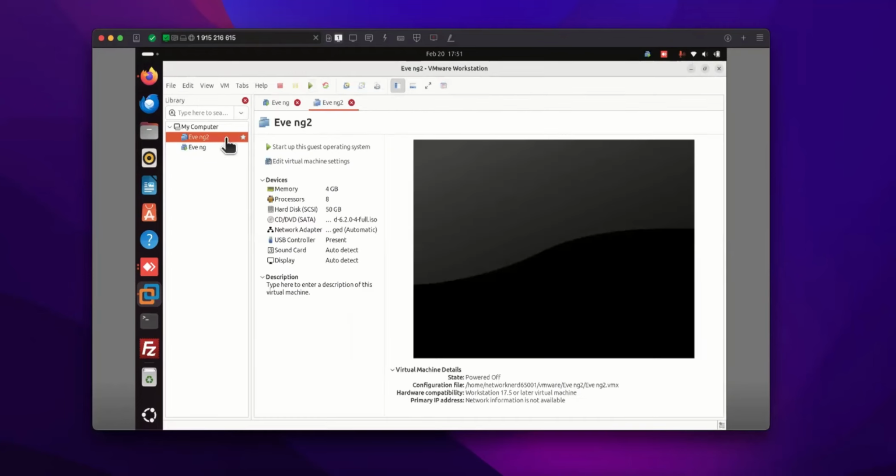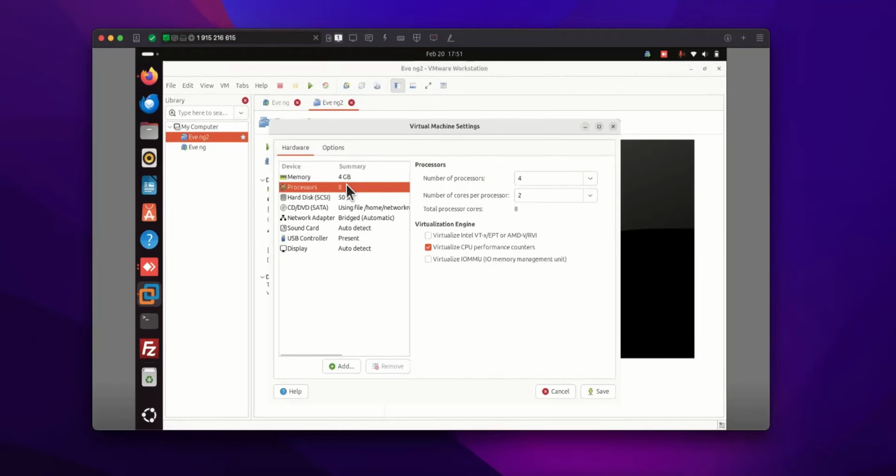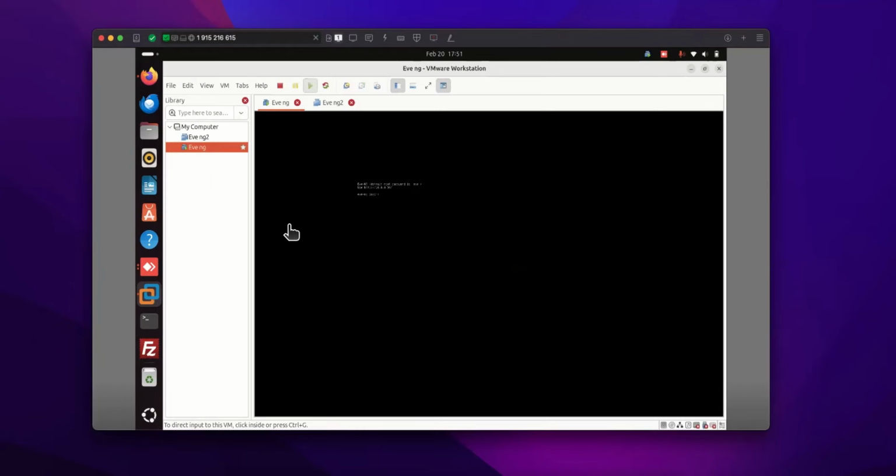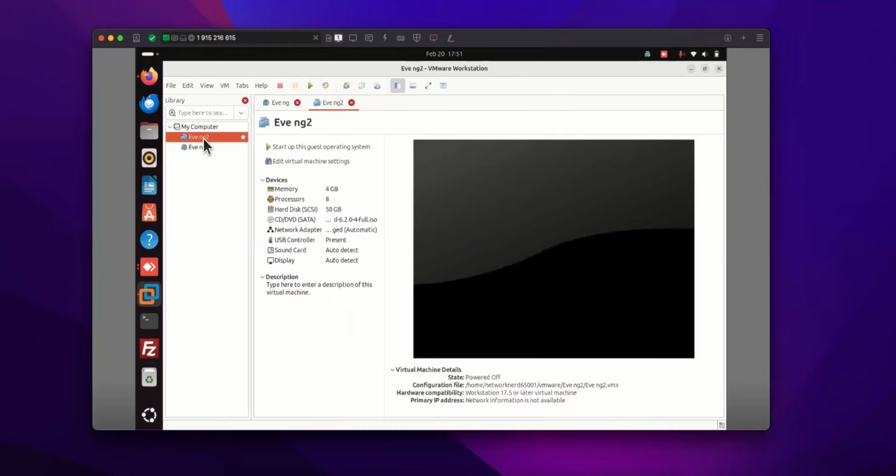Then click close, finish it, and then close. Once you see here, go ahead again into edit virtual machine and click on the processor. It's going to enable the virtualization, the nested virtualization. Once you hit that, save it and click on start up. Since I already have one, as soon as you start up this guest operating system, it's going to walk you through the basic setup, root password, and then